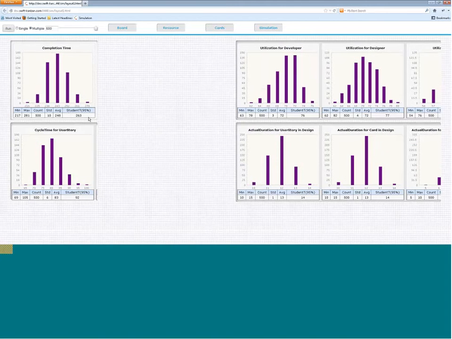I can see that with 95% confidence, after doing 500 such simulation runs, I will be able to complete this inventory not in 240 time units, but in 263 time units. My average would be 248. The worst case is 280 time units.